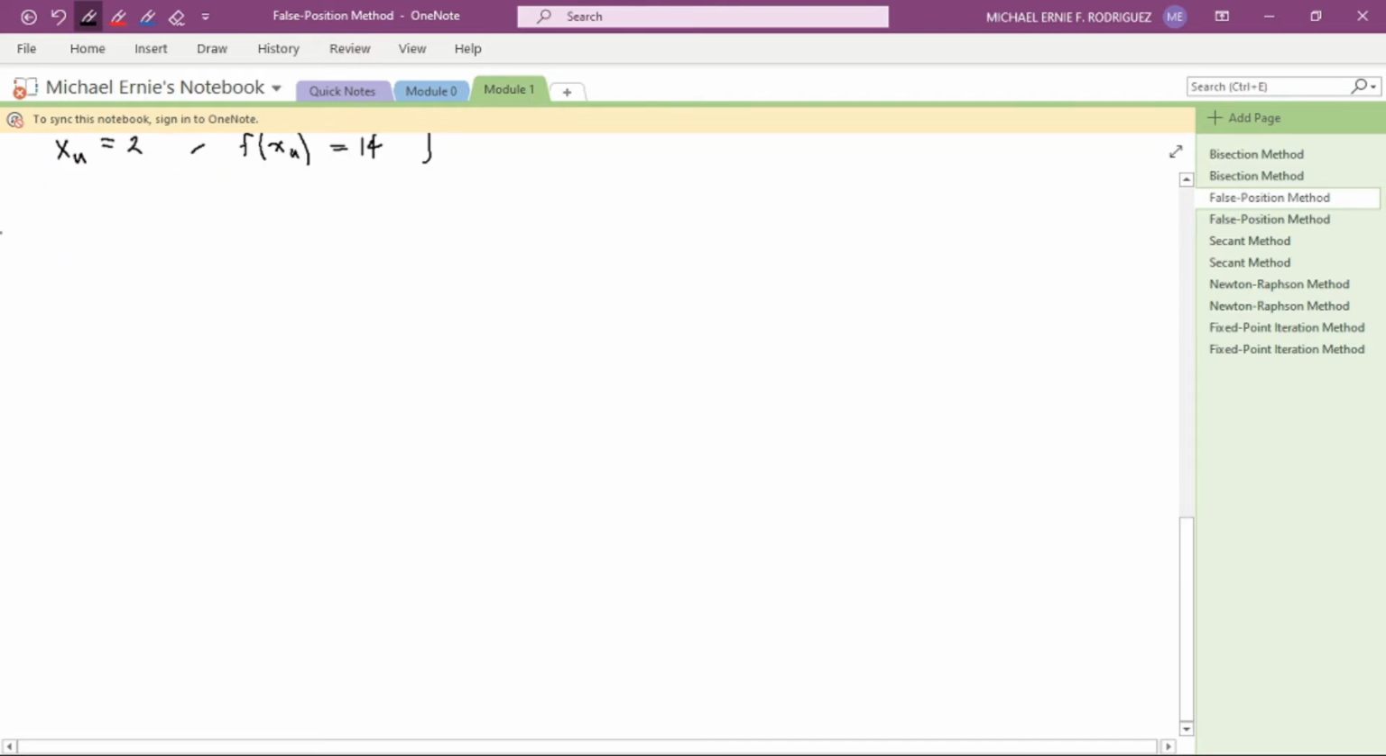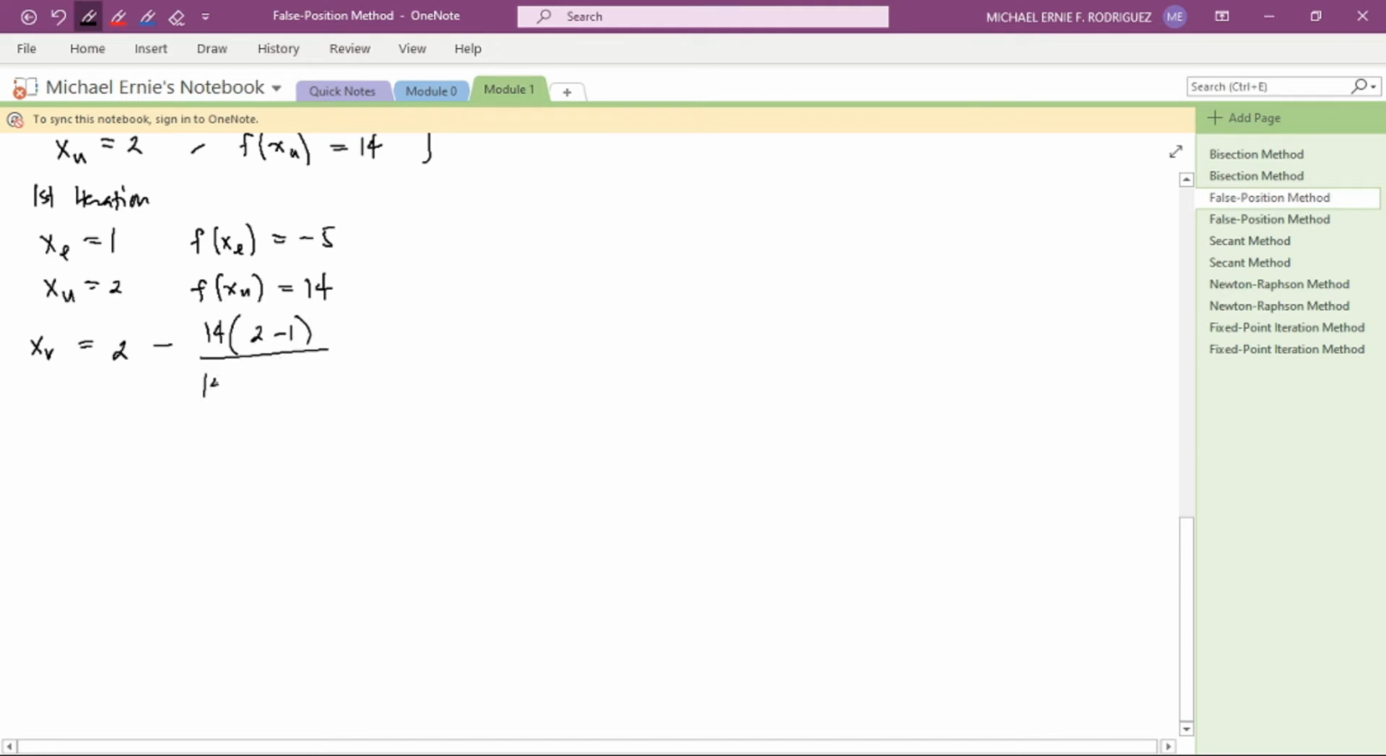initial guesses. Going on to the first iteration, we use now x sub L is equal to 1 and x sub u is equal to 2, with f of x sub L is equal to negative 5 and f of x sub u is equal to 14. Solving now for x sub r, that's equal to 2 minus 14 times 2 minus 1 divided by 14 minus negative 5. This is now equal to 1.2632. Solving now for f of x sub r, that's equal to 1.2632 cubed plus 4 times 1.2632 squared minus 10, that's equal to negative